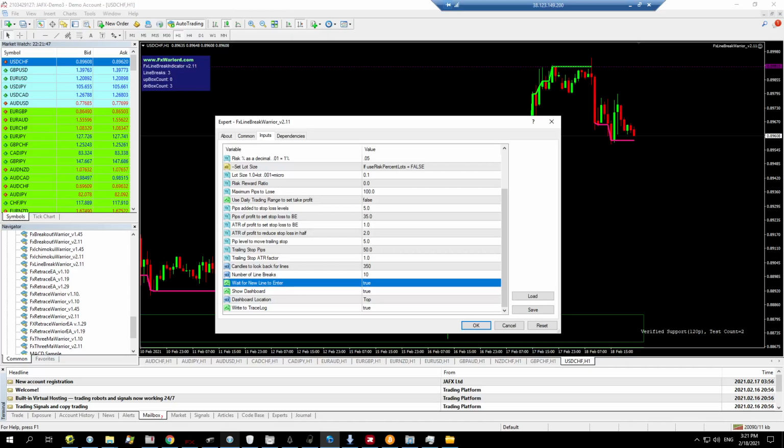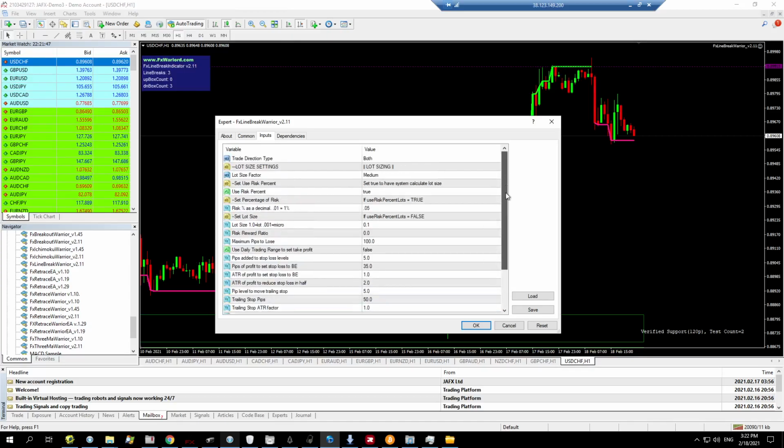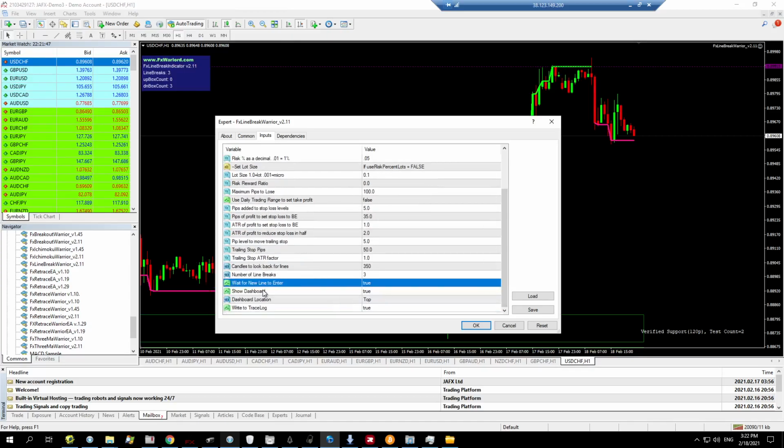So number of line breaks, we're going to go with 3. And then show dashboard, yeah, true. Right to trace log. Well, actually, if you don't want the dashboard to show up, then don't. But I ask that you do because it shows our symbol on there, or it shows our website address, and it helps to get us out because